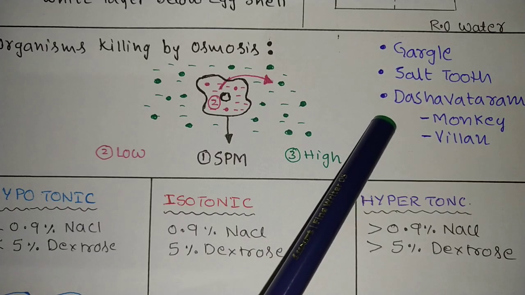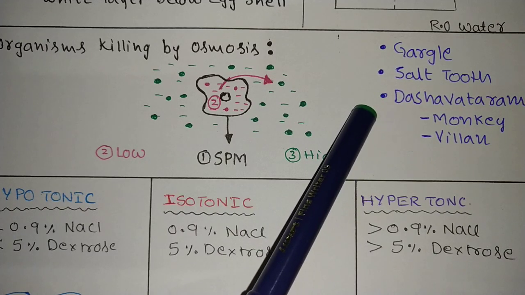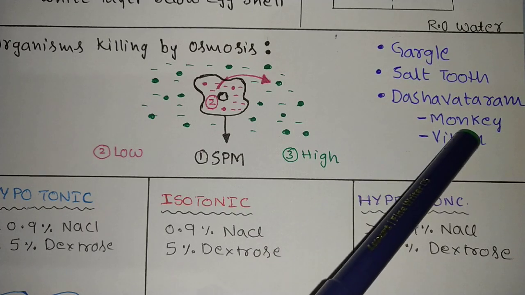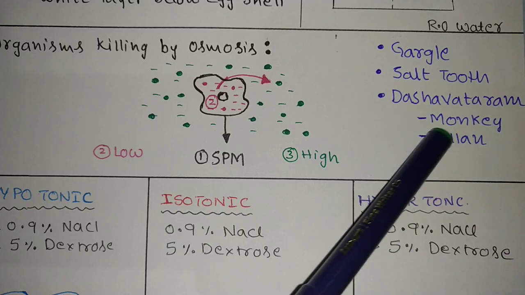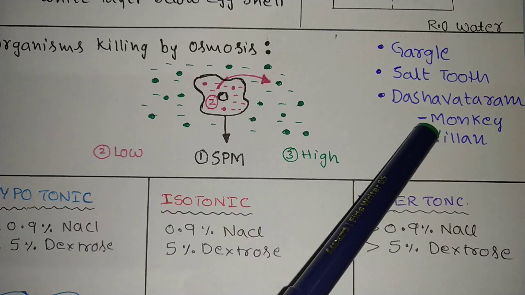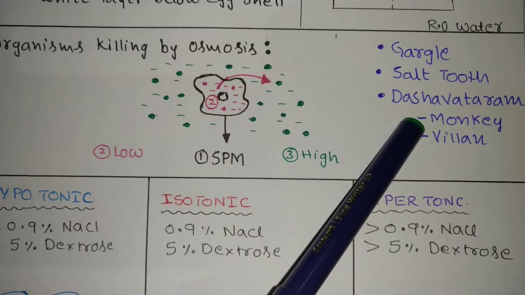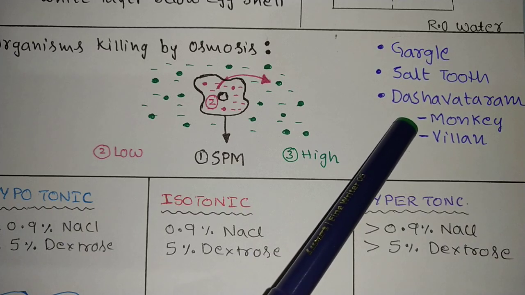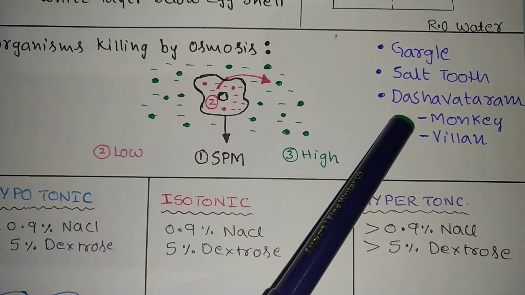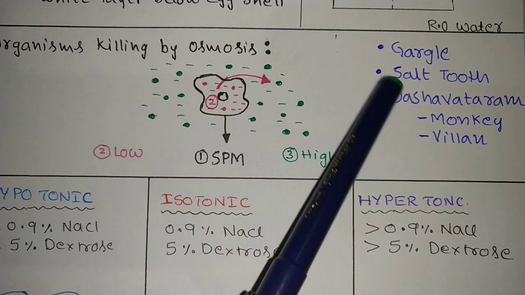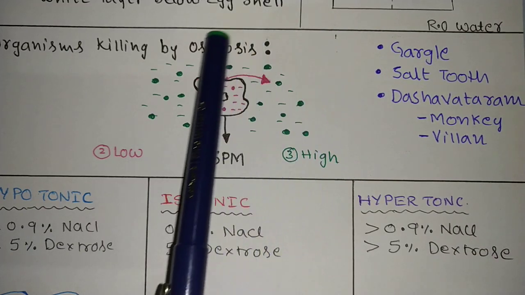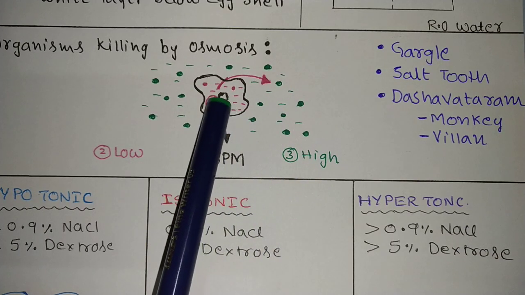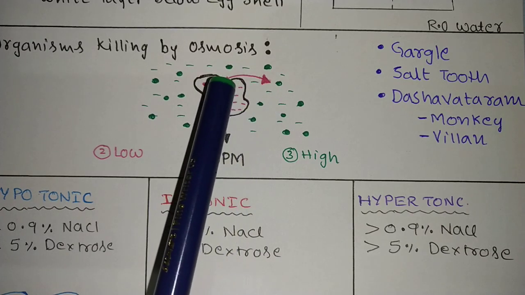The same concept you can observe in the movie Dashavtaram. It is an osmosis based movie. In the beginning, the monkey bites the virus tube. It thought that it was a chocolate and bit the virus tube, so the virus is liberated from the tube. Immediately the hero Kamal Haasan presses the NaCl shower button, so that plenty of NaCl falls down in the lab. The water present inside the virus will come outside and the virus will die.